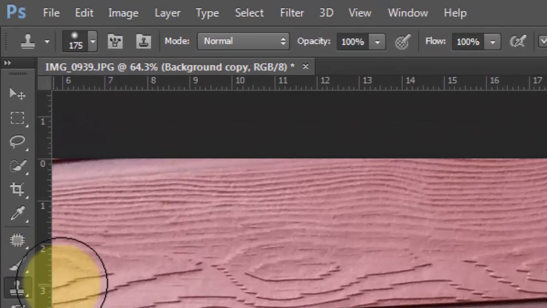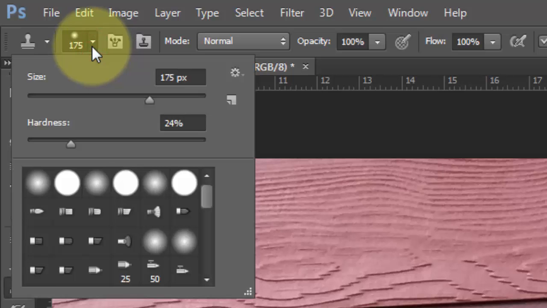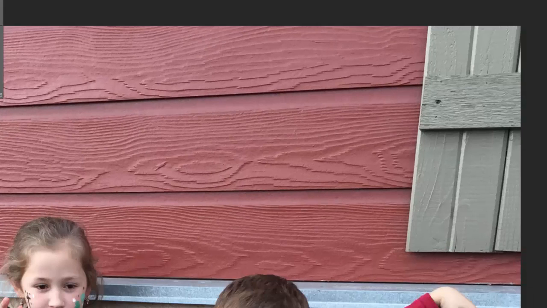So with that selected, you can come up here, select this brush, and you can adjust your hardness. 0 hardness means it is extremely soft, like this, a soft edge. 100% hardness means it has a very hard edge and there's no blurring going on the side. I like a very soft edge. I'm going to put it about 25%, and with the Alt key